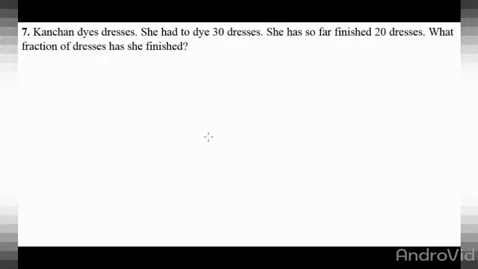Question 7. Kanchan dyes dresses. She had to dye 30 dresses. She has so far finished 20 dresses. What fraction of the dresses has she finished? So this is the question. Now we are given the